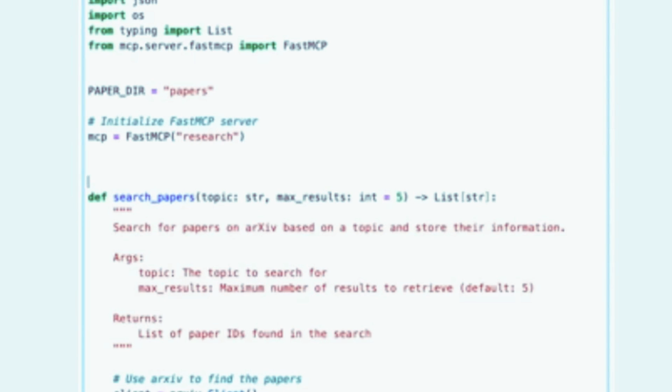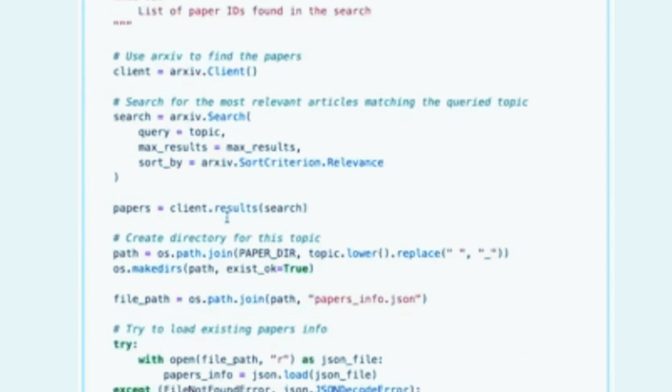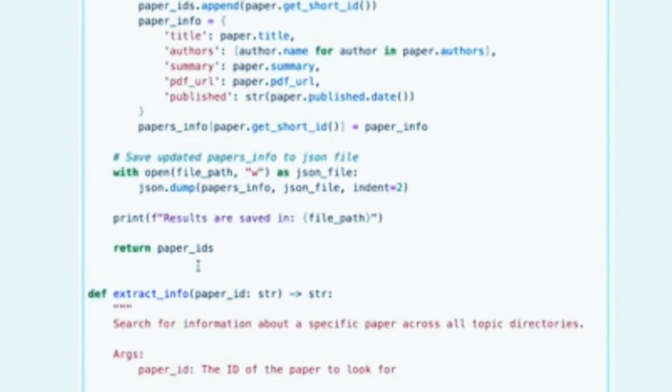And let's go ahead and make use of that MCP variable. As we saw before, there are quite a few primitives in the model context protocol. We saw tools, resources, prompts, and what we're going to start with right now is just defining a tool. And that's as easy as decorating this function with mcp.tool. We'll go ahead and make sure we do that for our function below as well. And what this is going to do is define two tools on our MCP server that we can start running